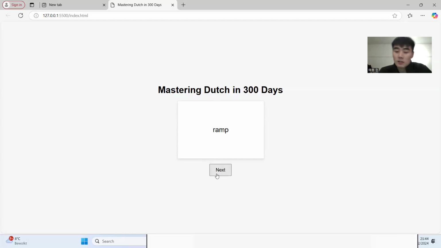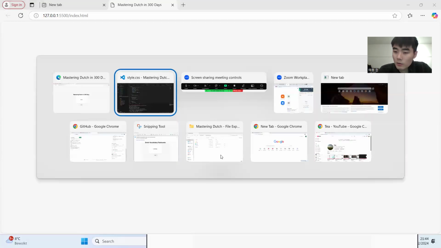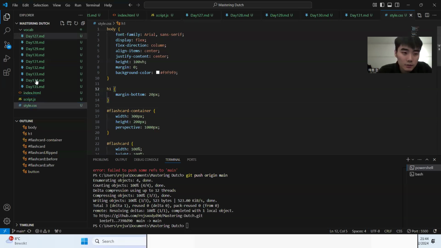If any of you are a software engineer and know how to fix this, please don't hesitate to visit my GitHub. I'm gonna share the link. You can always try to make a branch and contribute to the files so that, as an end product, we make an application that allows other non-coders to use it as well, or people who are just interested in learning Dutch. Anyways, that was it for the coding part.